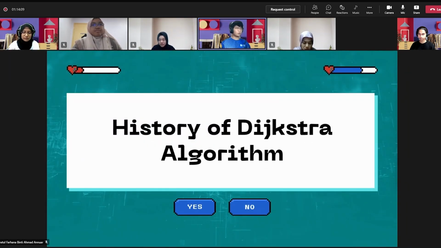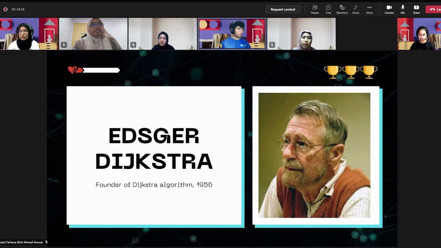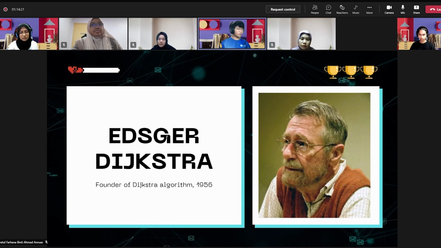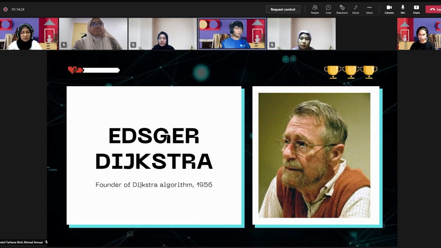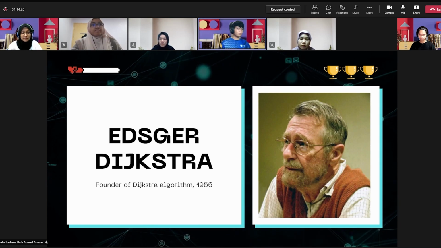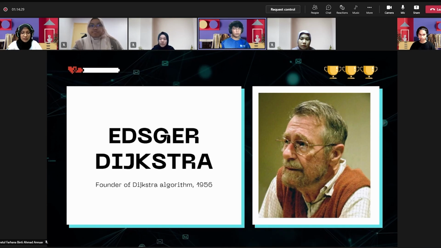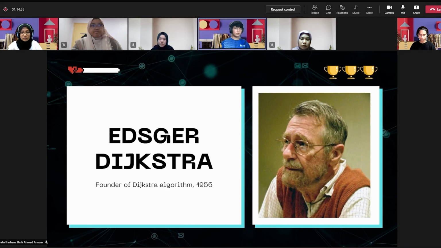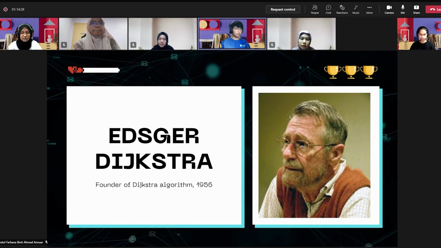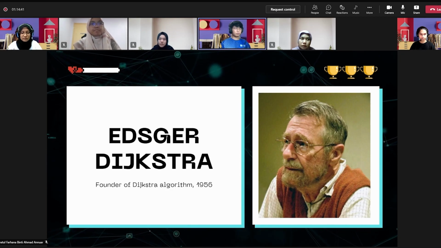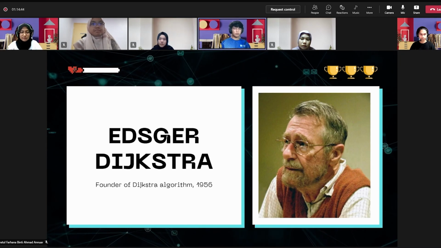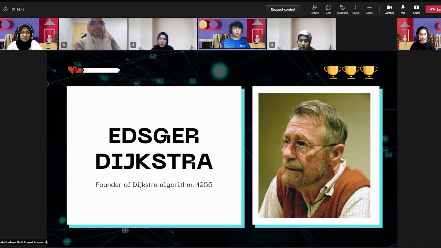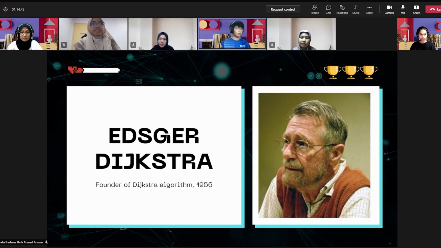Moving on to the history of Dijkstra's algorithm. Here we have a picture of Edsger Dijkstra, the founder of Dijkstra's algorithm. He founded this algorithm in the year 1956. He was a Dutch computer scientist, a programmer, a software engineer, and a pioneer in computing science. He was also a theoretical physicist by training. He worked as a programmer at the Mathematisch Centrum in Amsterdam from